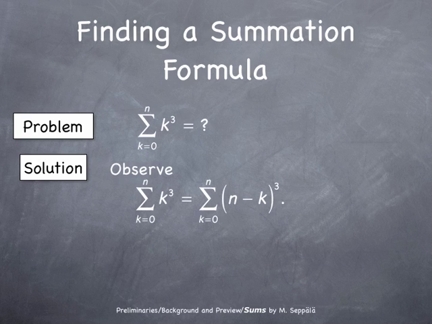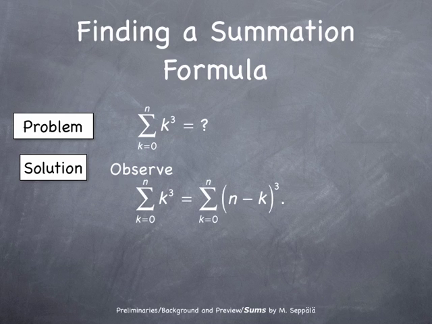Each one of these terms, (n minus k) cubed, is a polynomial of degree 3 in the variable n. In the sum k from 0 to n of (n minus k) cubed, we have n plus 1 terms. The last term, however, corresponds to the value k equals n, and then n minus k is 0. Therefore, in this summation we have n and not n plus 1